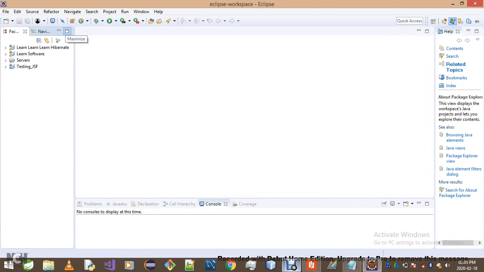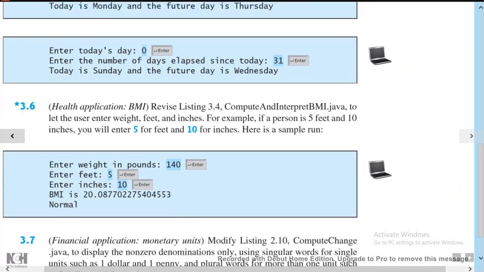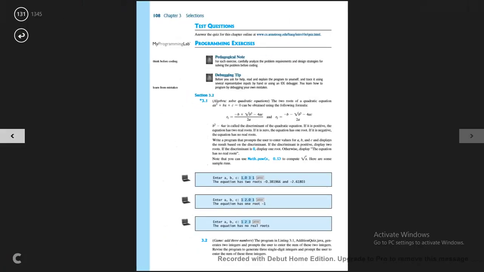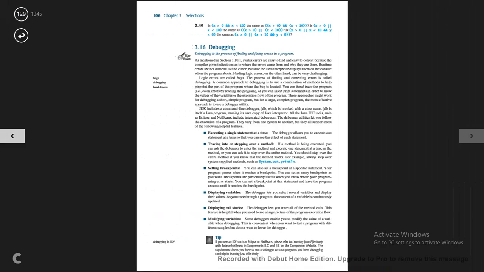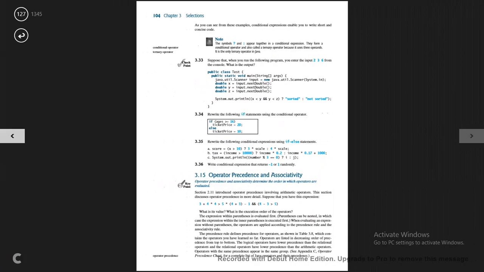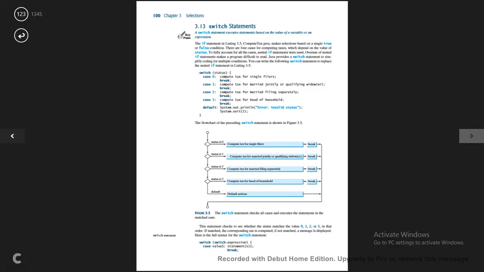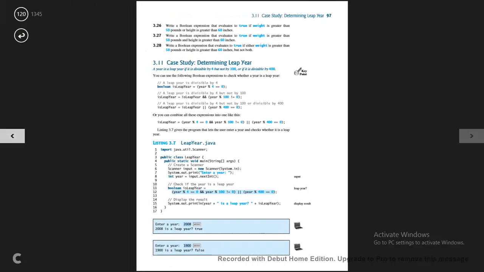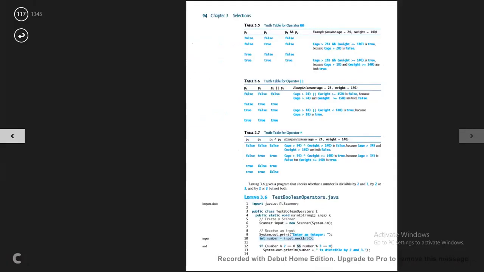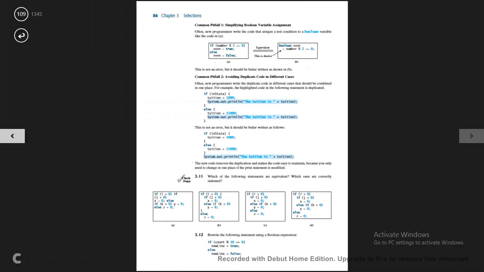Right, so basically what we do is, or perhaps we might want to check out listing 3.4 for the sake of taking a look at the sample run, not necessarily the solution itself, but the sample run. Okay, I'm not quite sure, by the way, what page it is on. Okay, but I'll simply